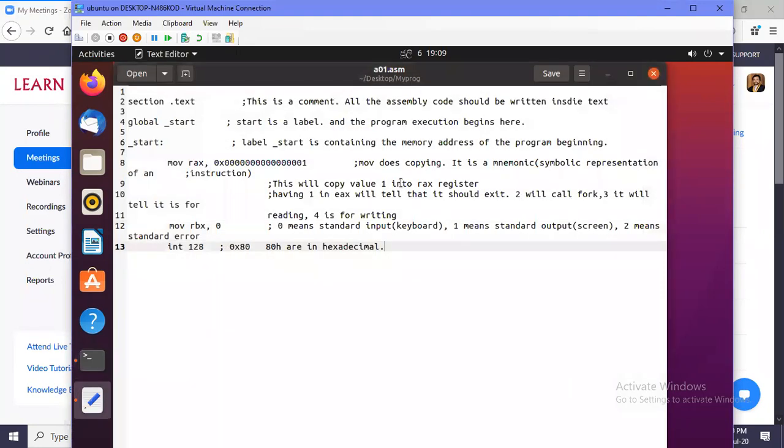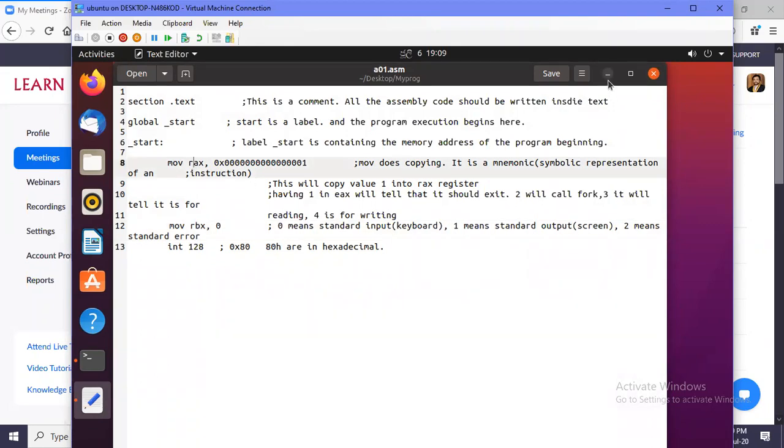In that case, if a machine is capable of running only 32-bit instructions, then all of the registers must also be not RAX, etc. It should be EAX likewise. If your program is written for targeting a 32-bit processor or registers, then this assembly code must also be changed to EAX likewise.